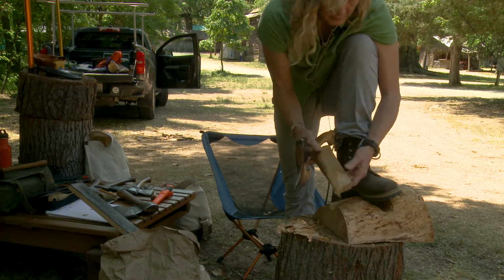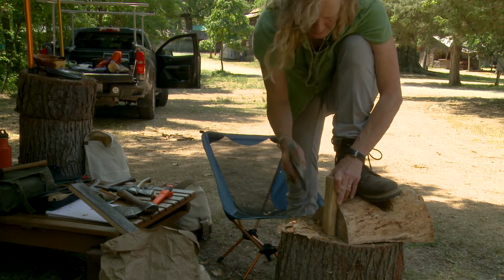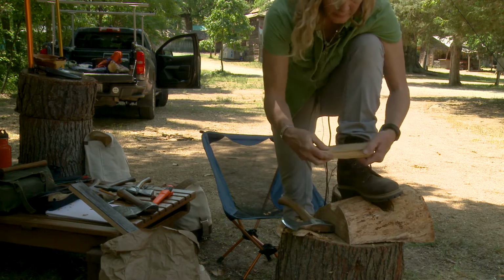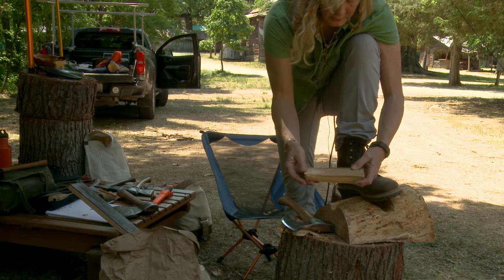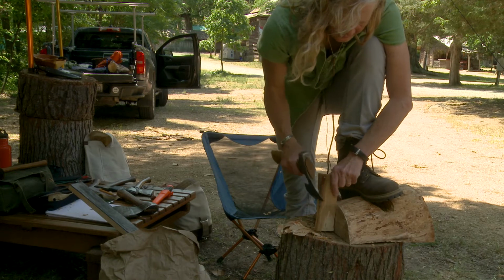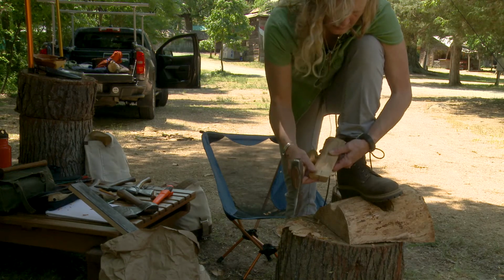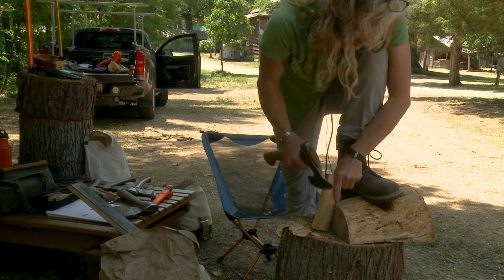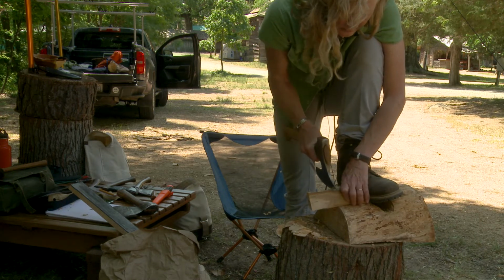So there's a couple of ways to do the spoon bend in here. One way is to cut it, and the other way is to just use your hatchet. The easiest way to cut it in is to have it like this, so I can get over it and see. So I'm going to do the other way. I'm going to make 2 cuts here as stop cuts